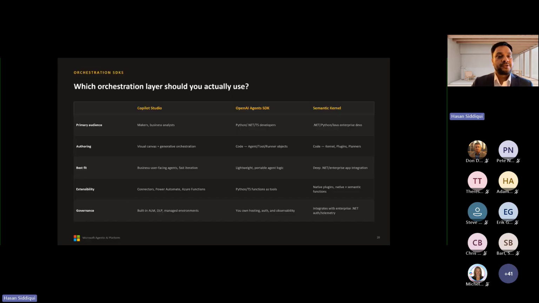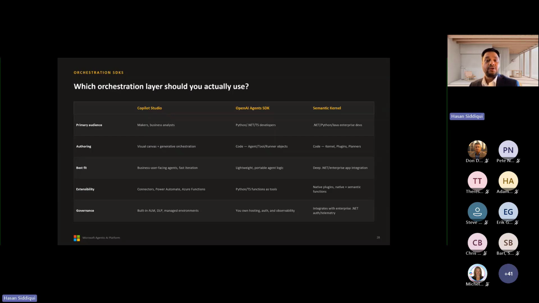Which orchestration layer should you actually use? The question I get most often from most organizations is: Foundry or Copilot Studio, which one should we actually build on? Here is the honest comparison I give.